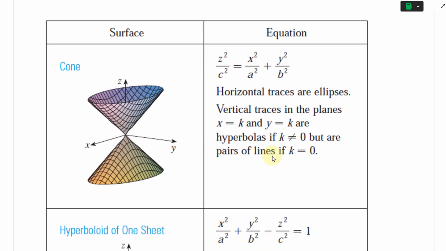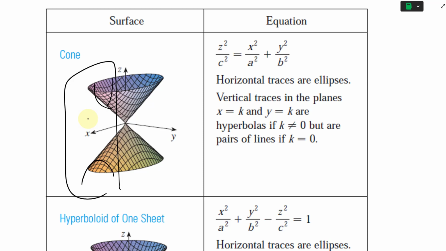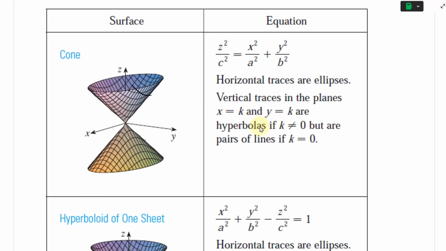Vertical traces in the planes x equals k and y equals k are hyperbolas, and these are the vertical ones right here. If k is not equal to 0, and you have vertical planes like this, it is going to be a hyperbola cutting across there and there, and there and there. Or you can have it on the other side, cutting it this way. You can also have a hyperbola there and there. But if k is equal to 0, so you're looking at literally this cut open there,